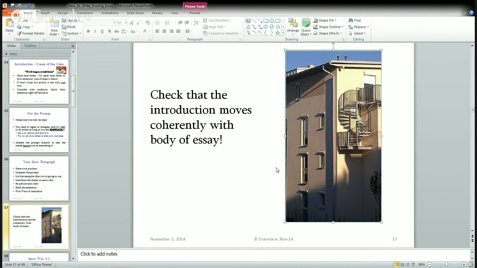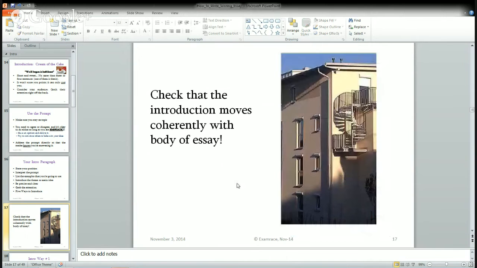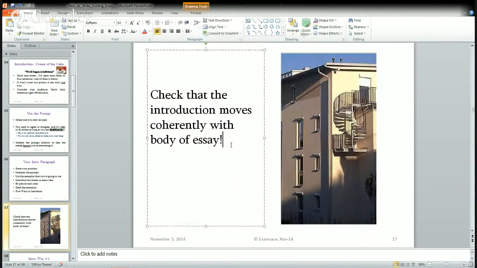Now see this image. What is unique about this image? You have a staircase which is moving down from the third story, but it ends somewhere in the middle. So a person, if he wants to come down from his house, cannot reach the bottom floor or the road. What is the problem here is that there is no proper coherency. So if you are starting an introduction, there should be a proper coherency with the body of the essay, and finally the stairs should land down. That is the main aim of what we are trying to understand here, that we must be coherent with our ideas. It should not be segregated ideas that we are moving into.